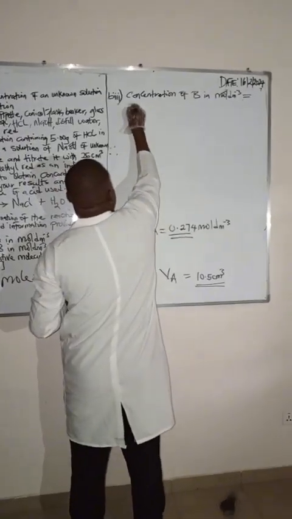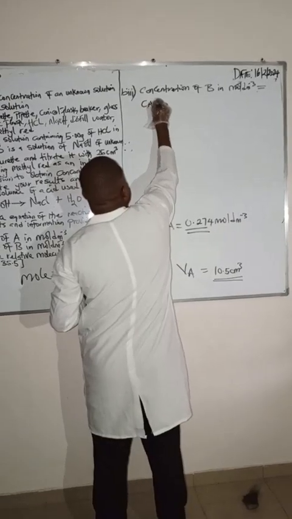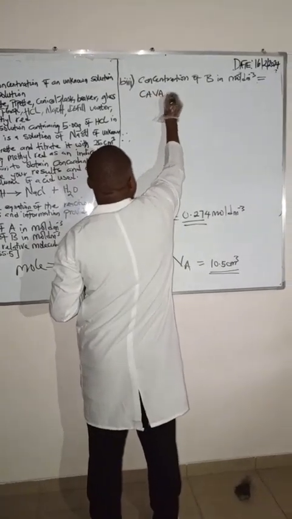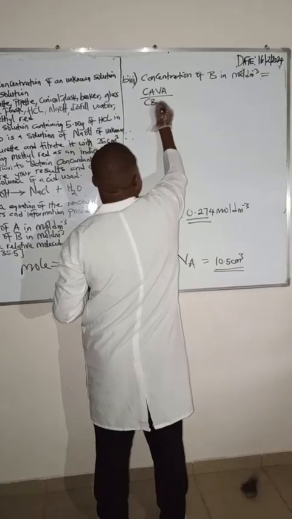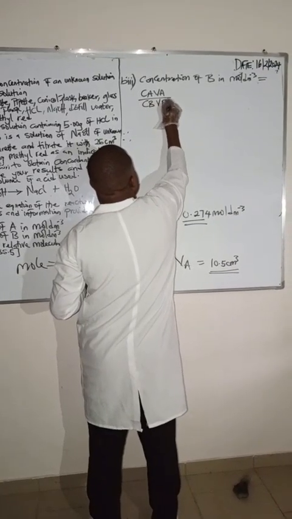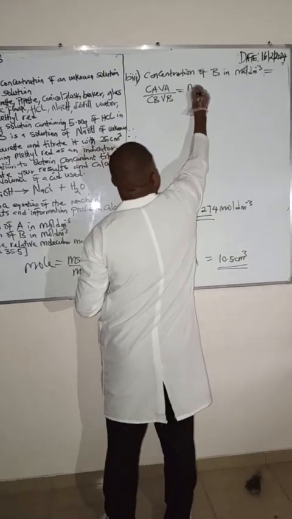We use our titration formula, CAVA all over CBVB is equal to